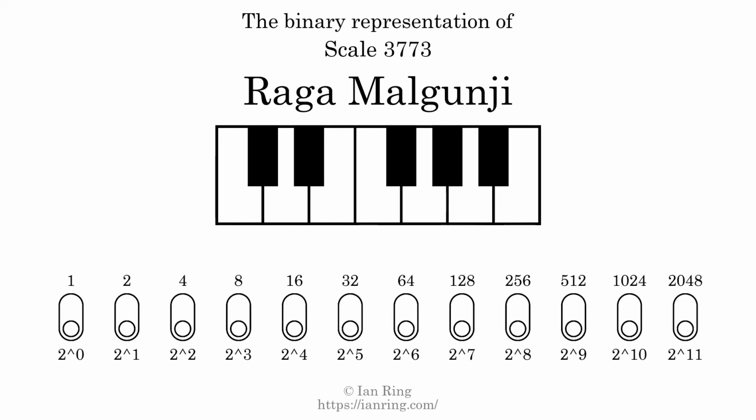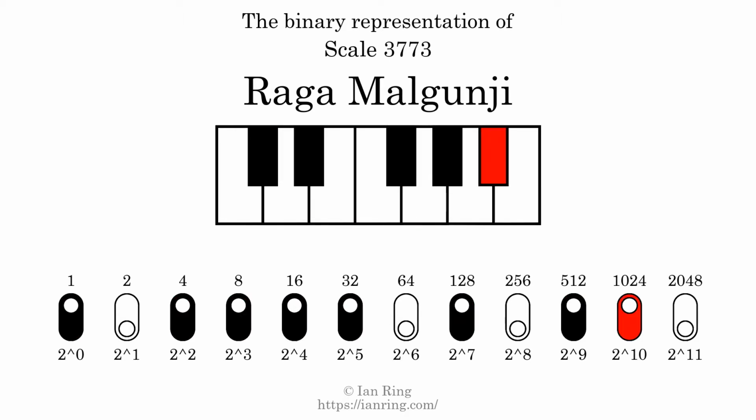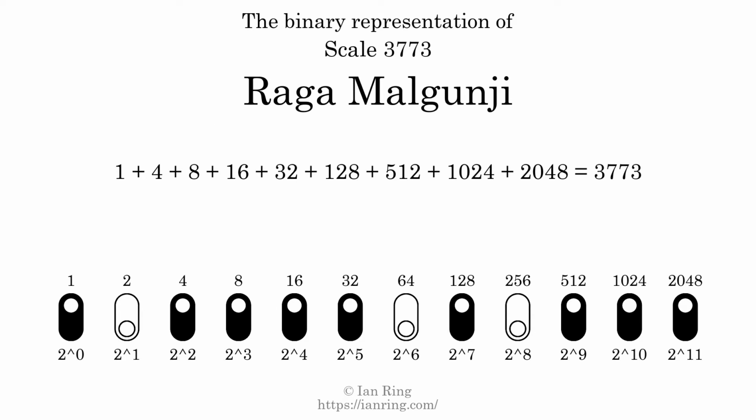The binary representation of this scale is determined by mapping tones of the scale to binary digits. Each binary digit represents a power of 2. To get the scale number, we add the powers of 2 together. The powers of 2 that are present in the scale, all added together, equals 3773. That is why the scale number, in decimal, is